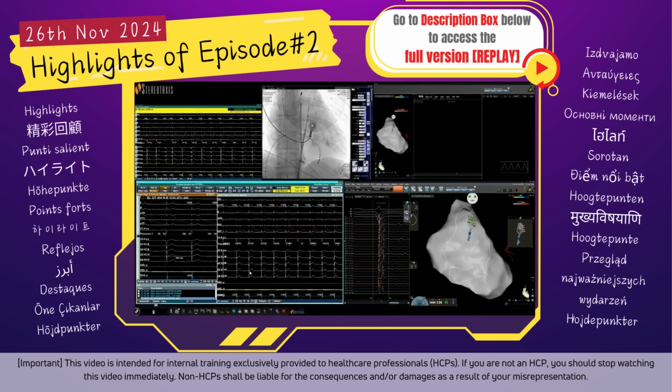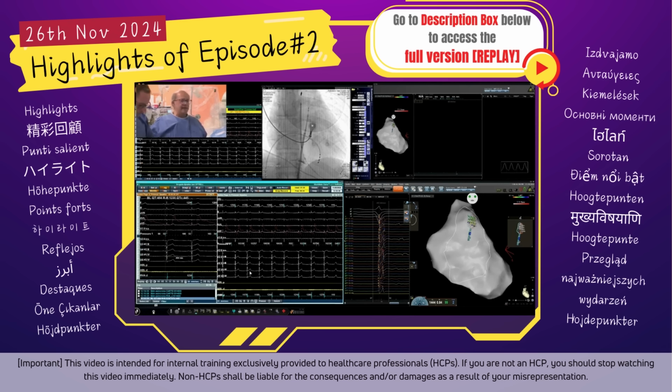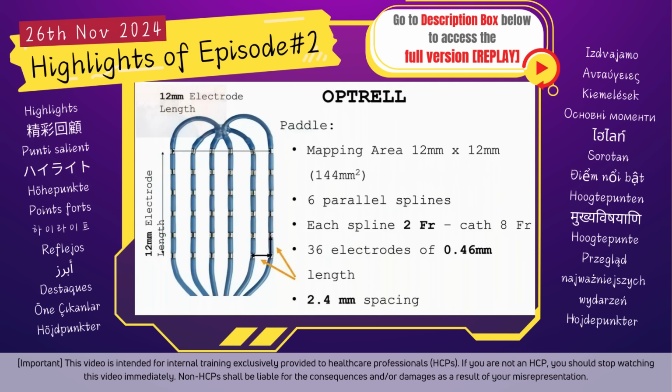Obviously, we started the procedure mapping the pericardial cavity. As you know, the pericardial cavity is in the middle of the parietal and visceral pericardium. There is a fluid where to navigate, and you are looking at this moment at the Optrell catheter placed in the outflow tract. We are using this catheter because it's extremely precise, and the